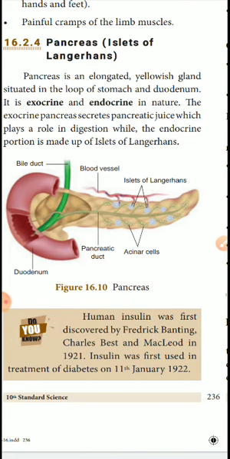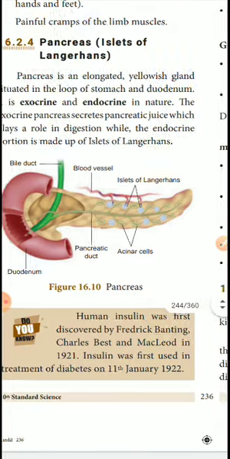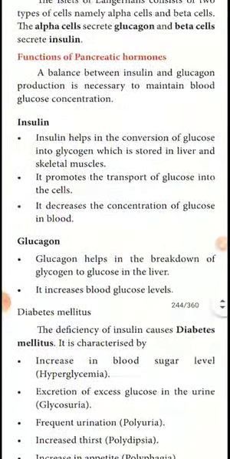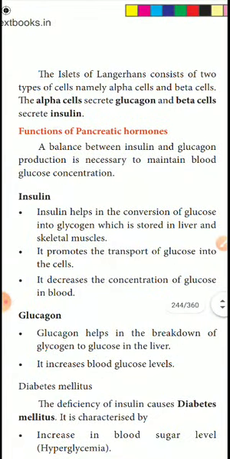Inside it there is the green-colored pancreatic duct, and next the blood vessels are also joined to the bile duct and duodenum. These are the attaching parts of the pancreas or islet of Langerhans. It is very, very important for the secretion of insulin. The islet of Langerhans consists of two types of cells.